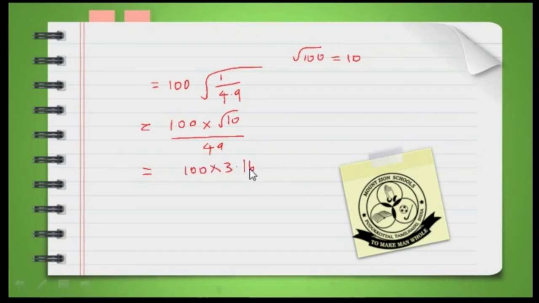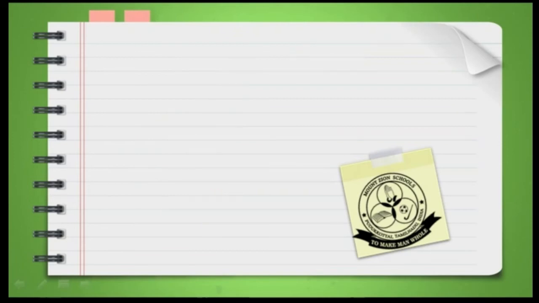3.16. It is divided by the 7. No, it is square root. It is within the square root. It is 7, and so the answer is equal to 45 meter. Okay, just verify the answer. In any way, you can just verify it.